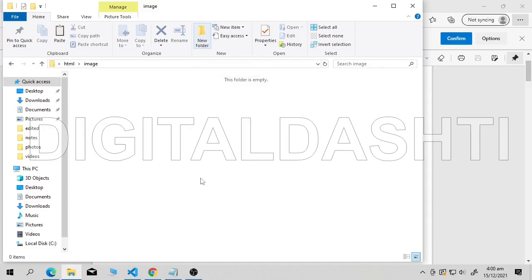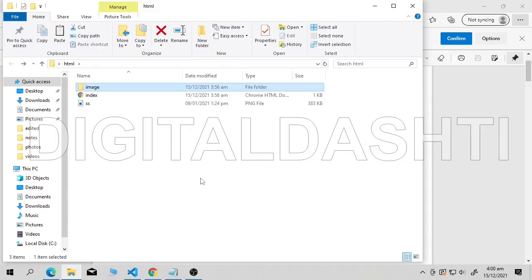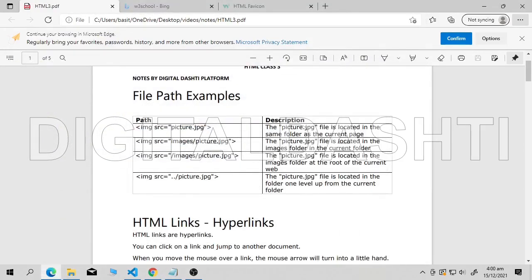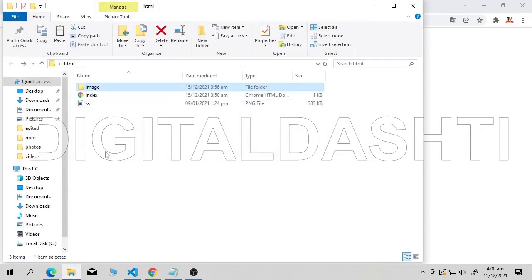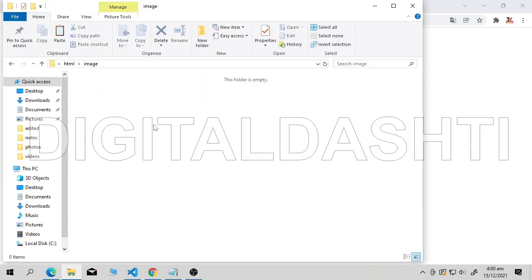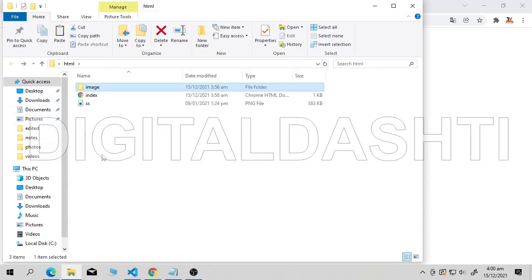So how do you command your computer to go inside the root directory and fetch the data from here? This is what it is saying. The picture.jpg file is located in the images folder at the root of the current web. Where is our root? This is our root. The image is here and our website is inside so many folders. I hope you got the point.